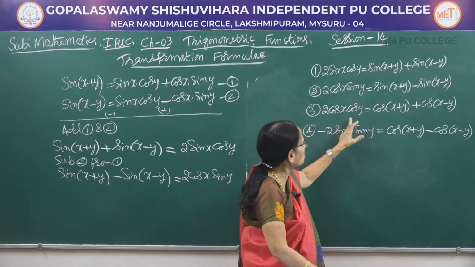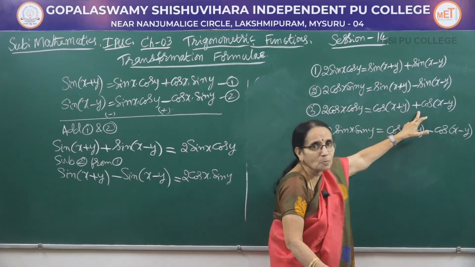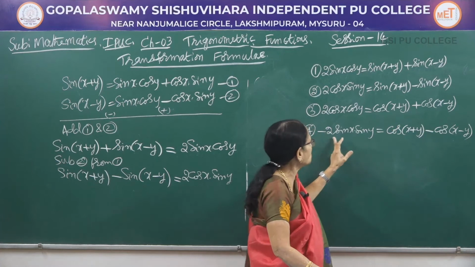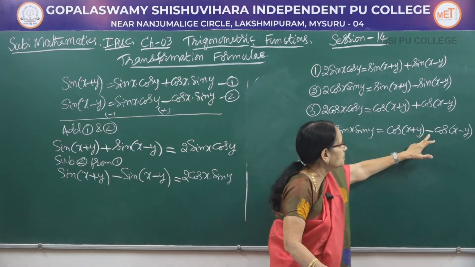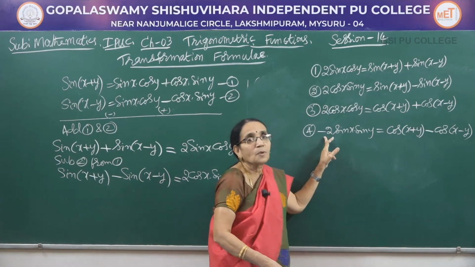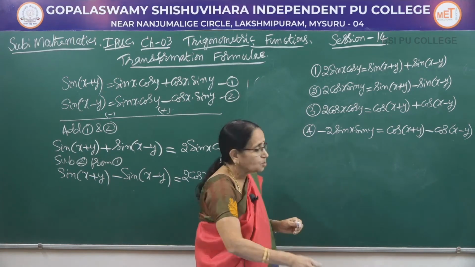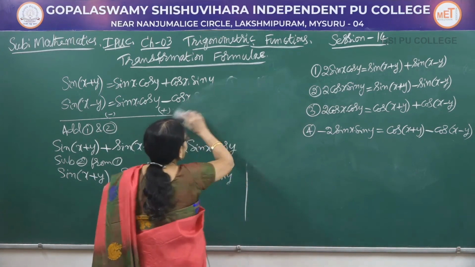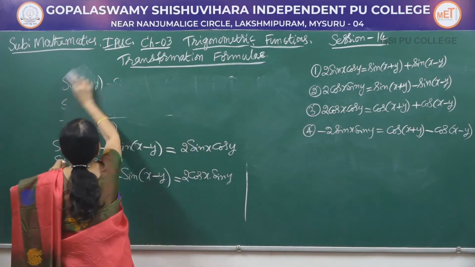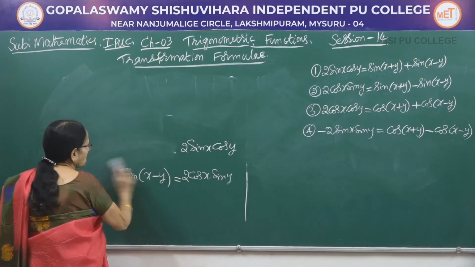Similarly, for a purely cosine product, in between we have the positive sign, that is sum, and if it is purely a sine product, it would be minus. Only in this case we are having a minus sign. So this is how you can remember the formula, because all these formulae are very important.